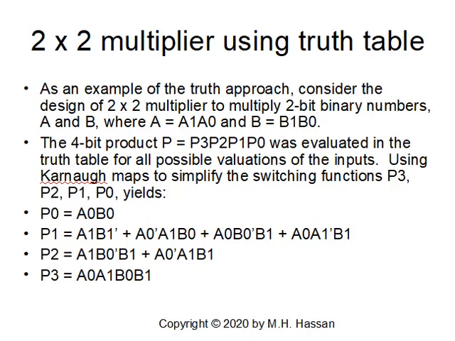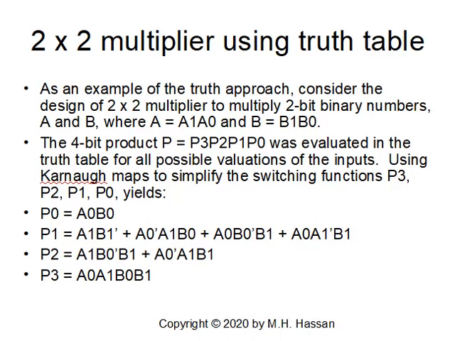Let's talk about the design of a 2x2 multiplier using truth table. As an example of the truth table approach, we'll consider the design of a 2x2 multiplier to multiply 2-bit binary numbers A and B, where A is A1, A0 and B is B1, B0. The 4-bit product P, which is P3, P2, P1, P0, is evaluated in the truth table for possible valuations of the